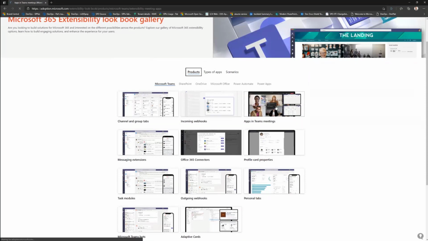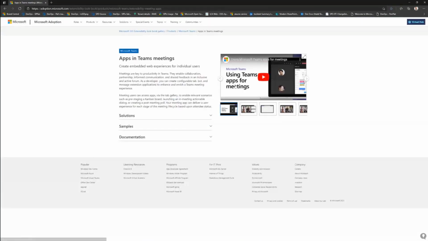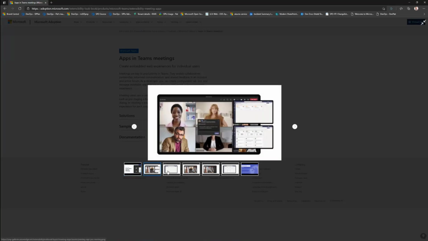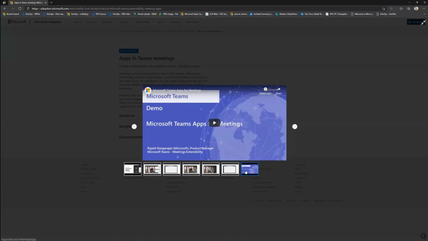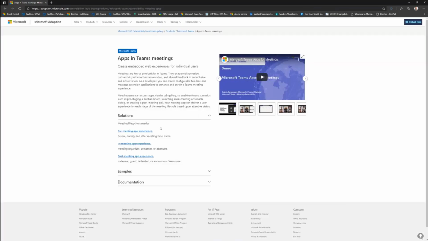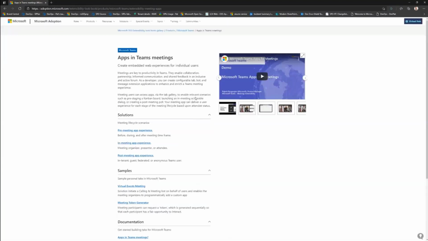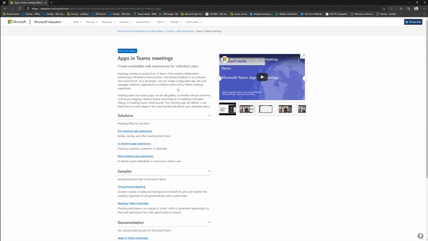I will be provided additional set of details and assets and resources related to the apps in the Microsoft Teams meeting. I can have a look at the videos linked from the YouTube channel. We can have a look at the pictures. We can have a look at the stories and all of that stuff. And we're updating this all the time. So all of the latest and greatest videos and guidance is available in the Extensibility Lookbook. You can also find solutions, so sample solutions and samples and documentation related to that particular technical approach. So really intended to showcase what's available for you, for example, in the Microsoft Teams area or anywhere